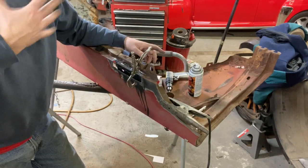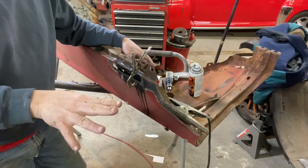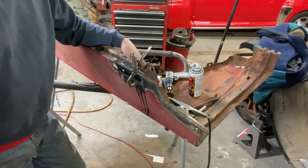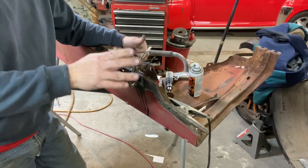I could be full of crap, but a lot of guys like to use weld through primer. But one thing I know about primers of every kind, except for some of the really strong urethane stuff, is they all over time tend to accumulate moisture. What's that going to do to metal? It's going to cause it to rust. So I'll hit it with high heat paint, that way that paint stays